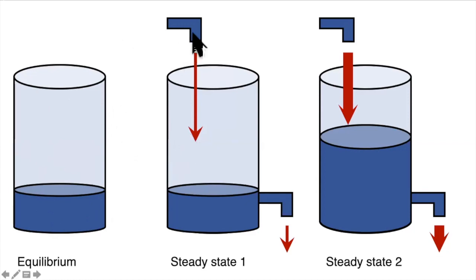So for instance, in this state one, we have a pretty small input of water. This faucet here is just trickling in water. And as a result, the height of this tank is pretty low. Because the height of this tank is pretty low, the water that's leaving the tank isn't being forced out. It's also just trickling out. And so you can arrive at a steady level of water in this tank with a relatively weak flux of